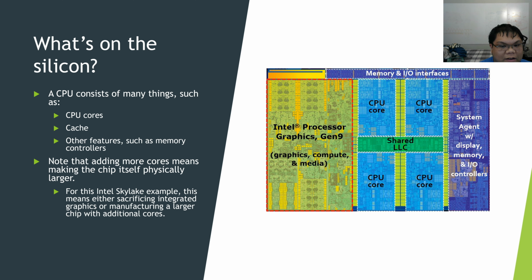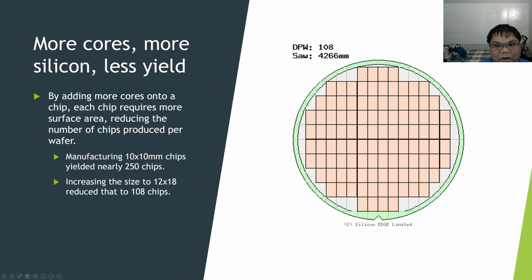What does that mean for the silicon? Well, if you're adding more cores, you have larger chips, and if you have larger chips on the wafer, you have a reduced yield. By increasing the size to 12 by 18 millimeters, for example, we have less than half the yield than if we had the 10 millimeter by 10 millimeter example. So, more cores, more silicon, less yield on each wafer. There are other considerations as well,